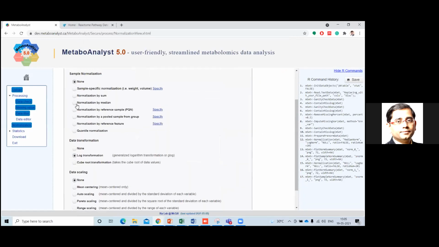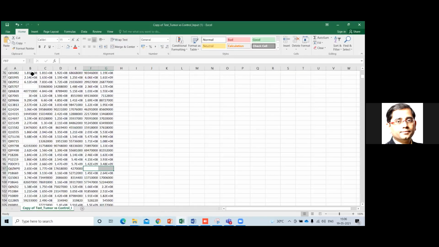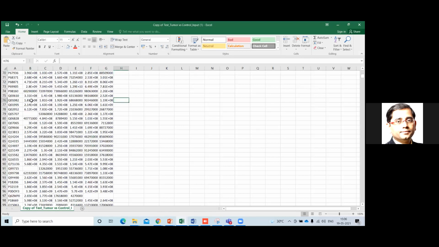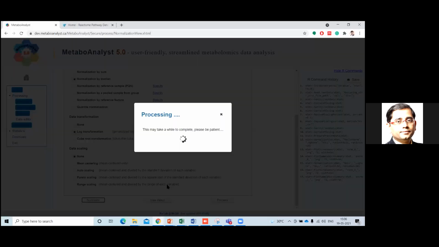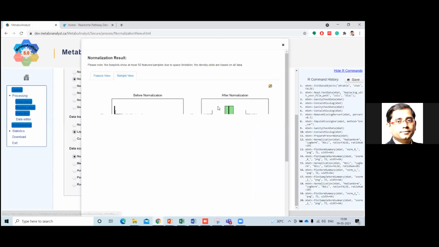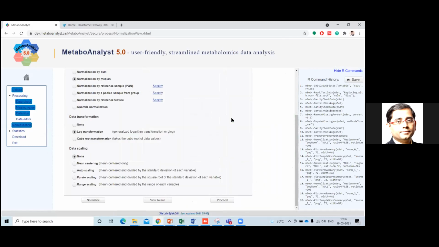That is the reason we do normalization, and in most cases we do normalization by median followed by a log transformation, because these are all exponential data. We are trying to decrease this data. The same thing I showed you earlier, that if we need to show and understand all this data, we have to somehow decrease it. That is the reason I did the log transformation. Once we have normalized it and we can see the result is completely normalized, we can go ahead with the data. So now we can proceed.